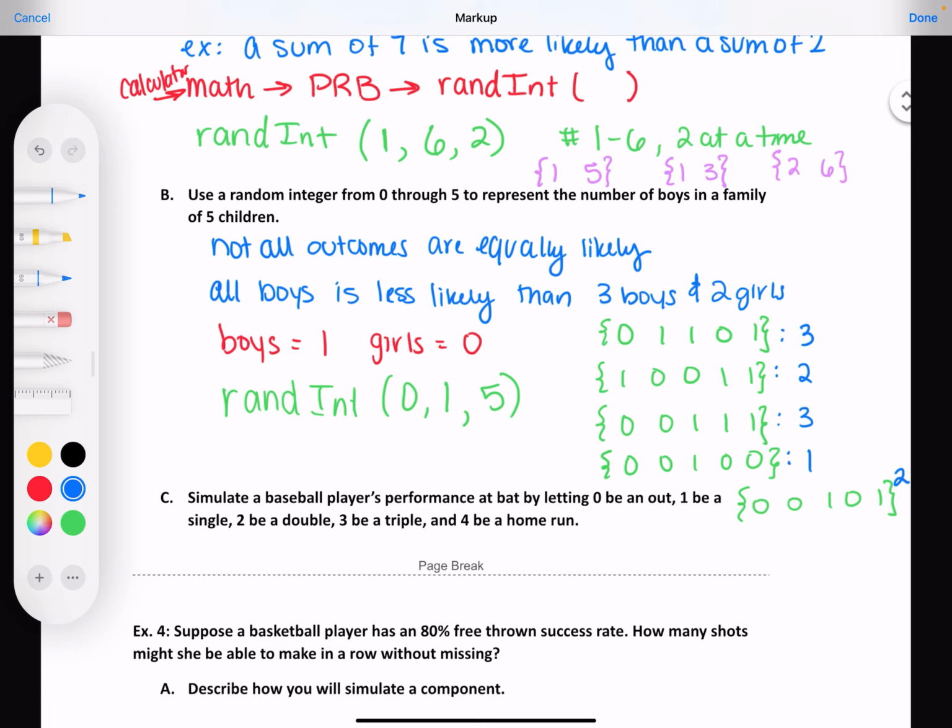I got the same thing, not the same order, obviously, but the same numbers. 3 boys, 2 boys, 2 boys, 3 boys, 1 boy.